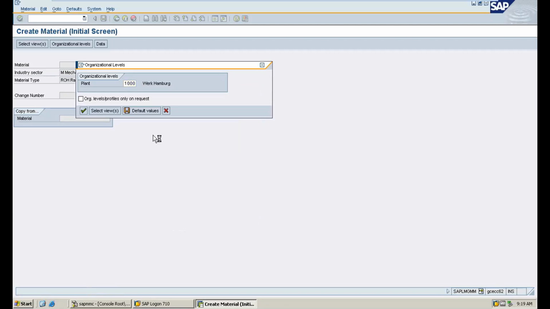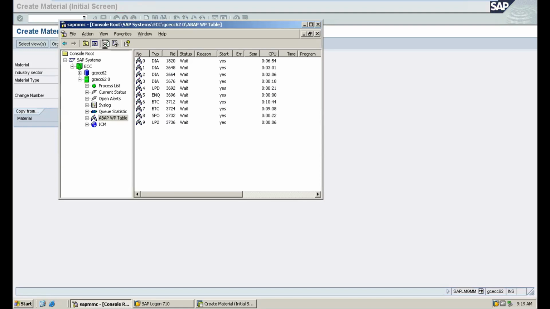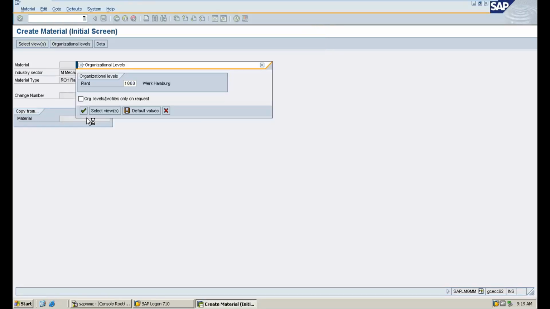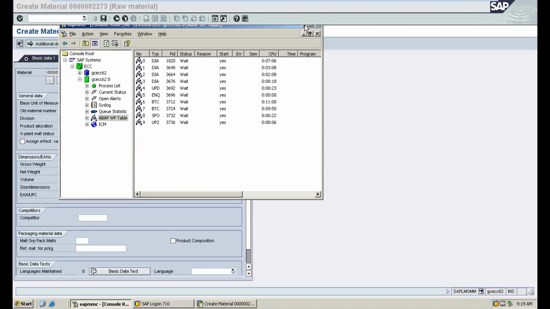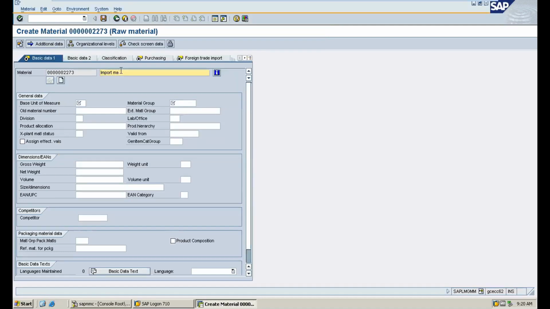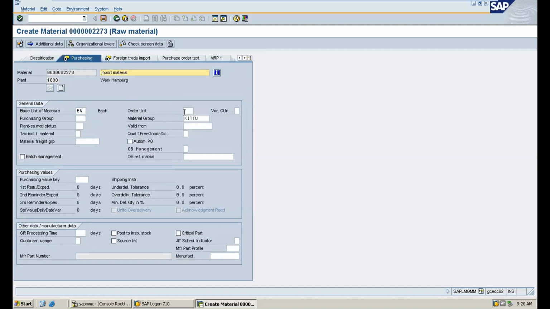Plant is 1000. Mention import material. Unit of measurement, material group, purchasing also I'm mentioning.